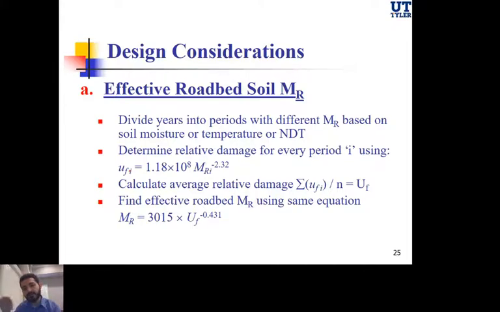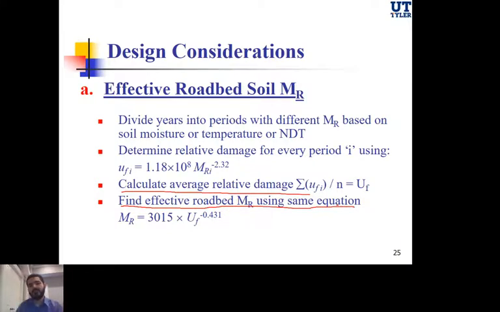Once I get the damage for every single month, I'm gonna sum them up and divide them by how many periods, which is in this case 12 months, to calculate the average relative damage. The average relative damage will be equal to all the damages for all the months over 12 to get the average relative damage. Once I do this, I'm gonna now find the effective resilient modulus using the same equation, but